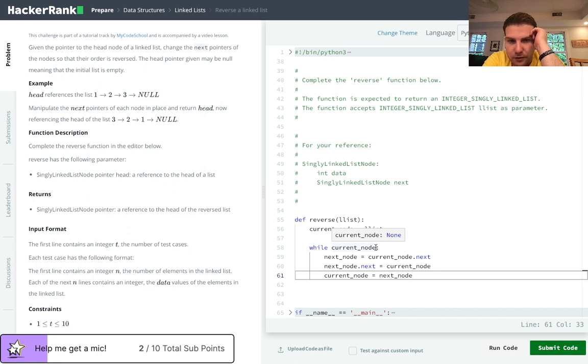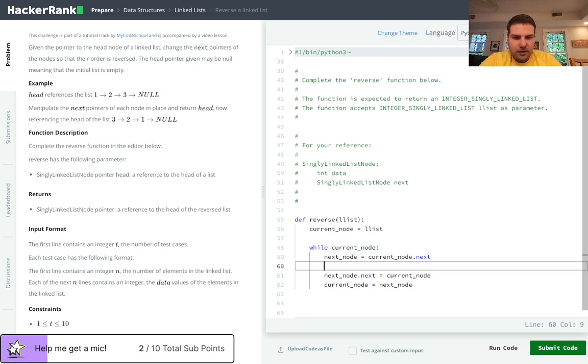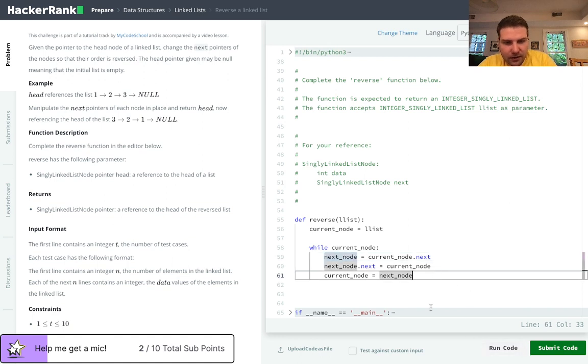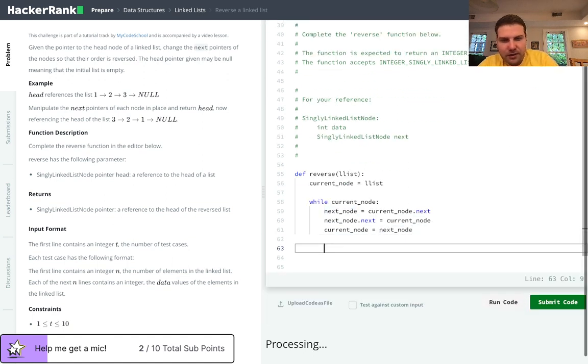Next node is null, but current node is 3. So I'm gonna do this: if next node... First of all, let me run this without anything. It might be right. Oh, actually, no. I wish there was like a stop. I definitely need to return